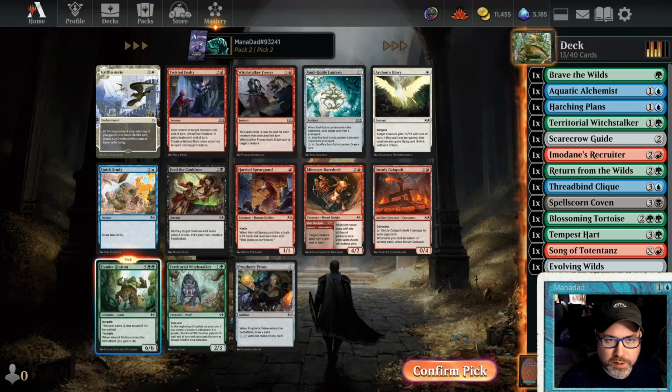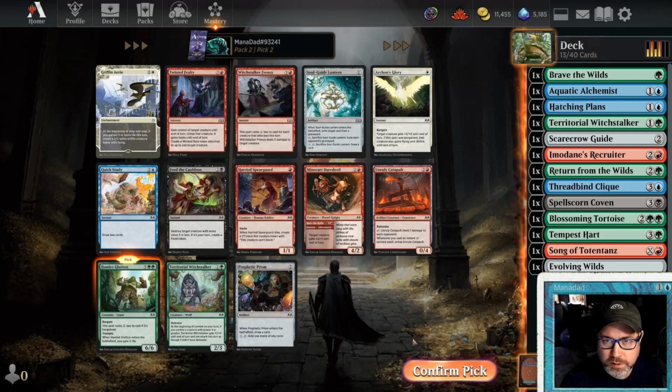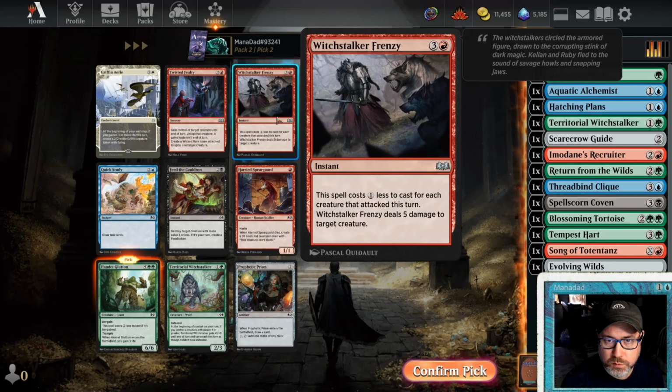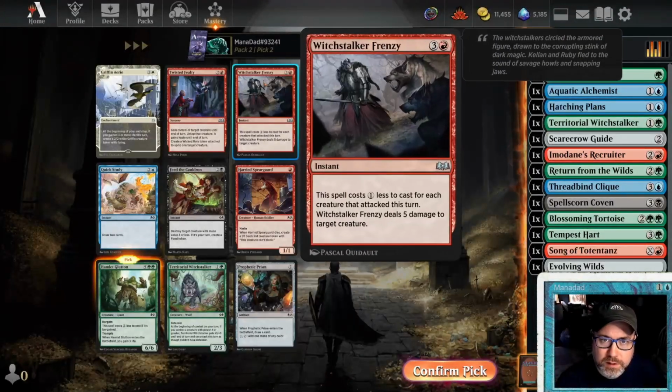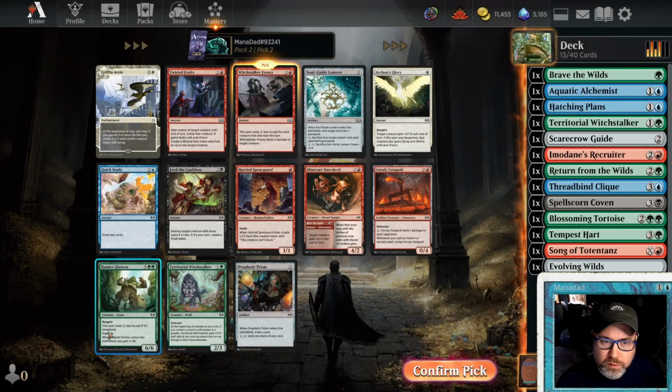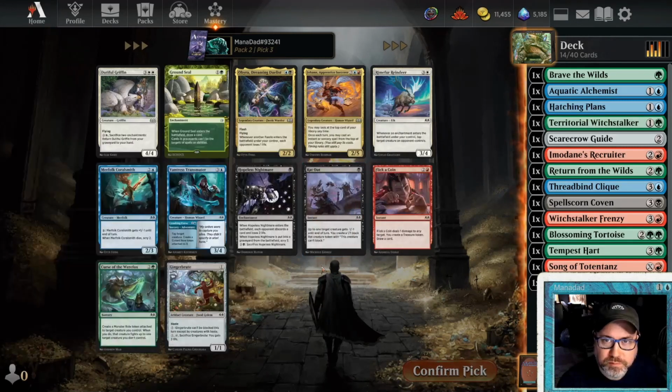On the want to stabilize thing, there's also Feed the Cauldron. As long as we play it on a turn, we get a food. Could be good for stabilizing. There's Quick Study. Witchstalker Frenzy is pretty strong too, and we know we want to play red, right? Because we got Imodane's Recruiter and Song of Totentanz. We just take the removal over the Hamlet Glutton. Let's see if we can wheel the Hamlet Glutton. I'm not sure we can, but